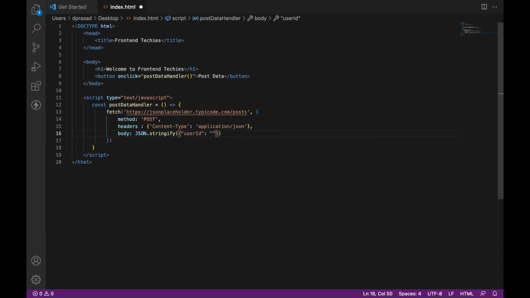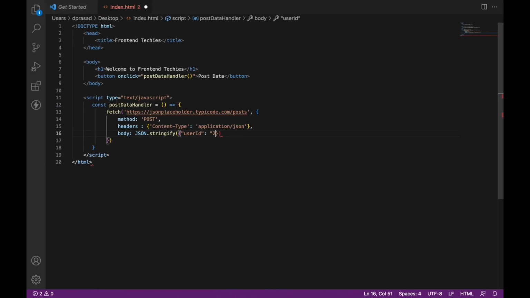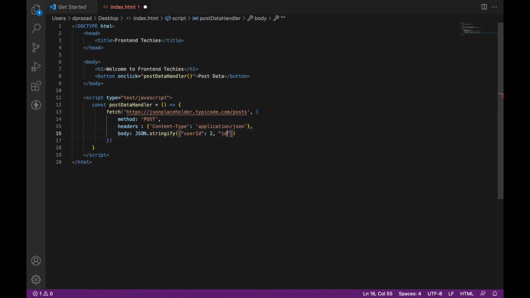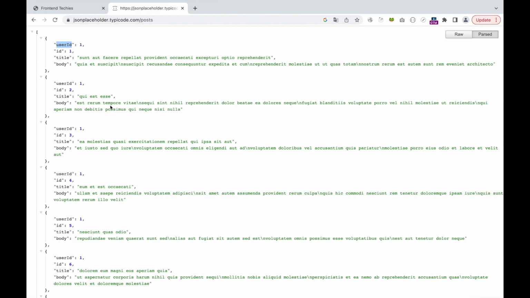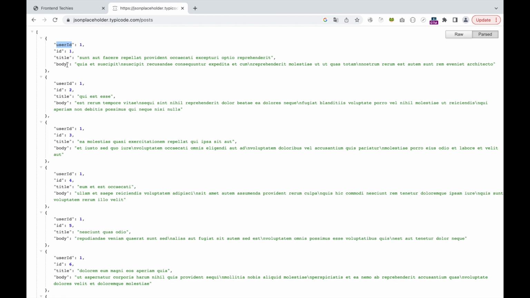User ID I'm going to pass as 2. This is a number, so we can just pass without any double quotes, comma separated, same like an object. And the ID will be, again I'm passing 2, comma, then the title. Let's say the title will be post request, right? And the fourth one will be the